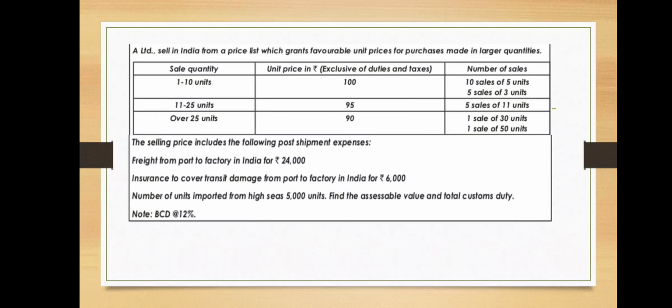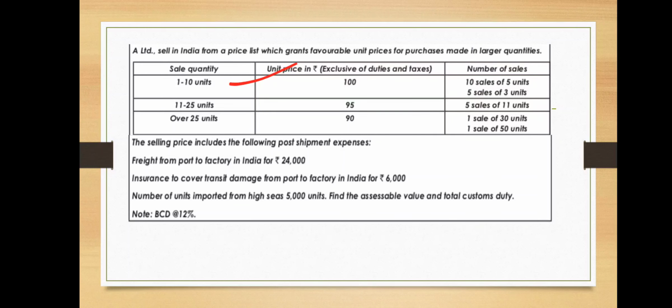Hope you are clear with the concept. What is given here? A Limited is able to sell in India from a price list, with different unit prices for the purchase. If they go for a larger quantity, the price and the number of sales are also different for the different units. So 1 to 10 units, 11 to 25 units, and